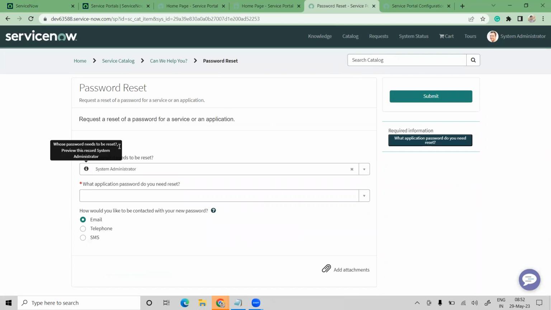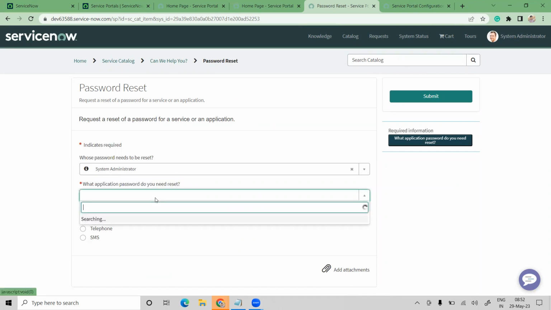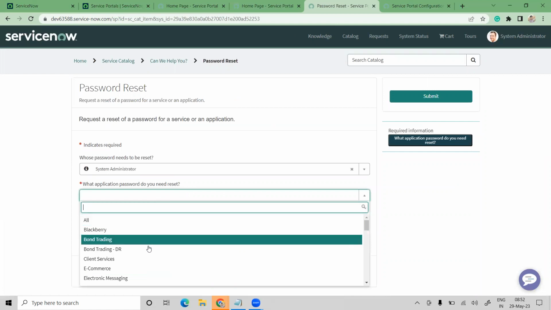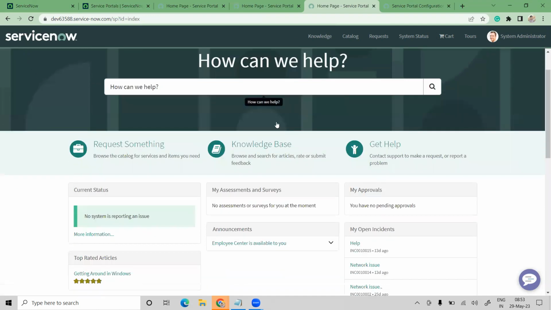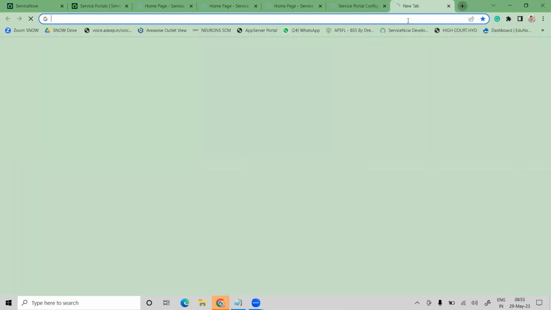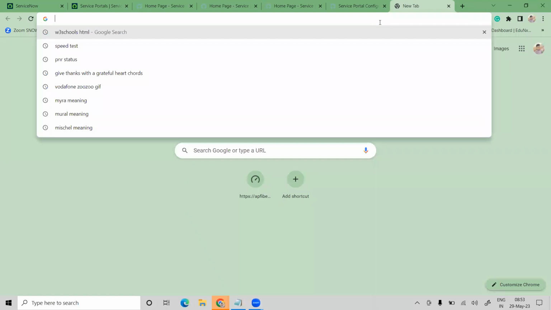Okay, see here, this is who needs to do it, and then for which application the password needs to be changed, and then you can go ahead with contacting by email, telephone, or SMS. As a default, out of the box, we have this one. Okay, so I can open my